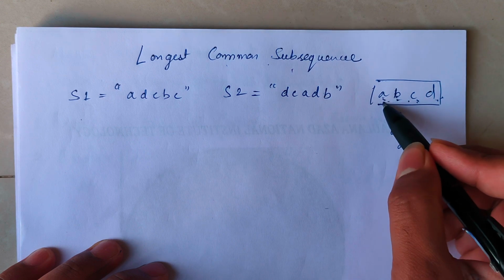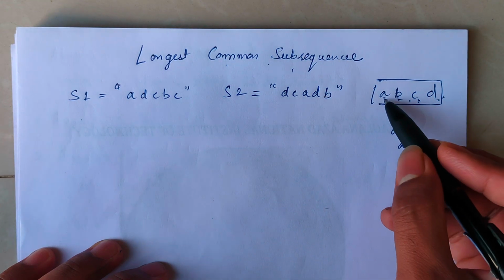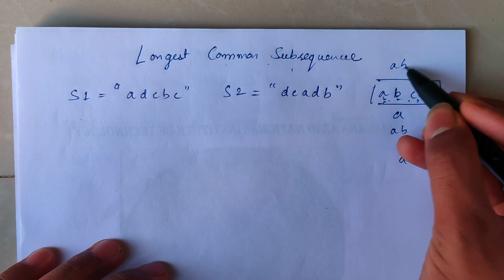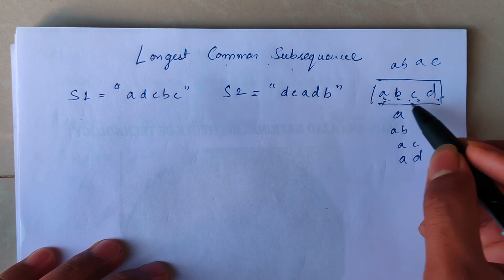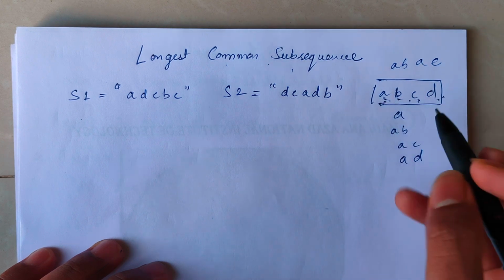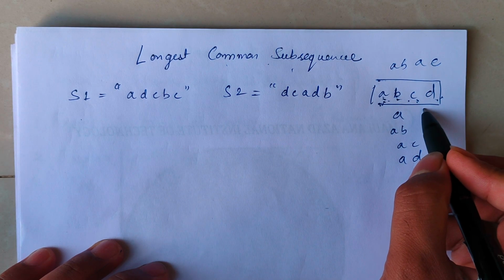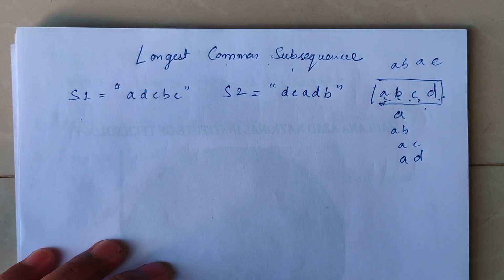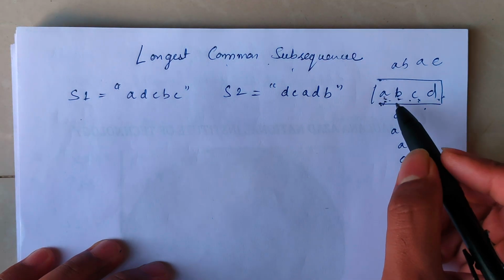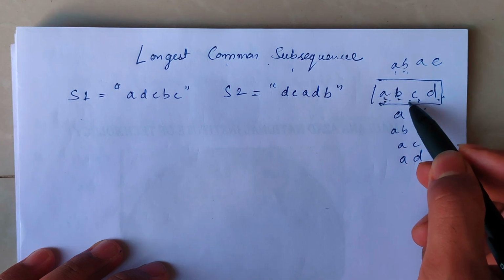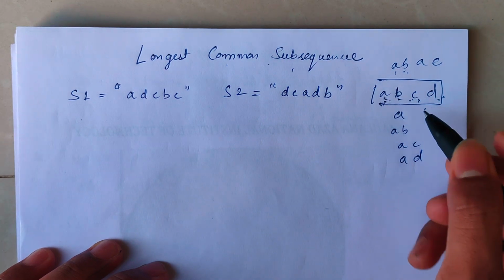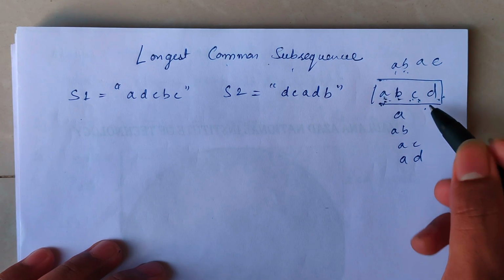contiguous, but it might not be contiguous, because here AB is contiguous, right? But AC is not contiguous. But the thing here is that the order should be maintained, right? A should be before B, B should be before C, like that. So the order should be maintained, and the subsequences could be